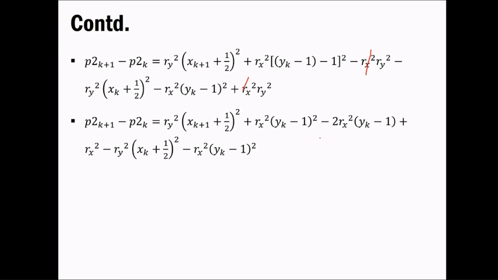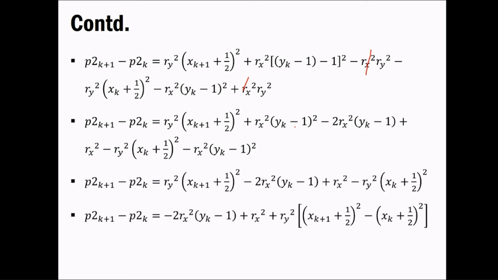And then you have to keep one thing in mind: where it is getting expanded or where you are substituting multiple things. If something needs to be substituted, I will show you in between. At this stage you have to substitute this particular thing. If it is a slope or anything else, I will definitely tell you. And now the remaining thing is this. You will get this after the simplification process and you'd be left with the simple equation, that is P2k plus 1 minus P2k.